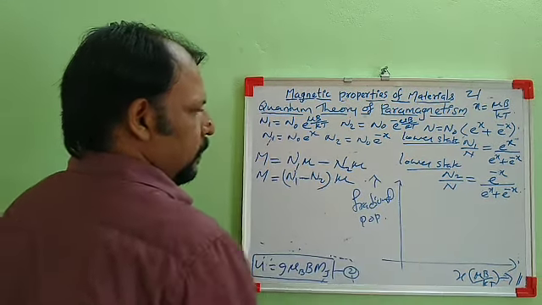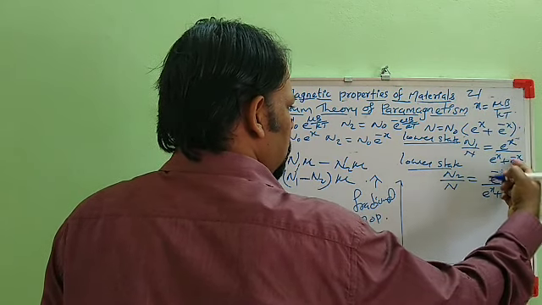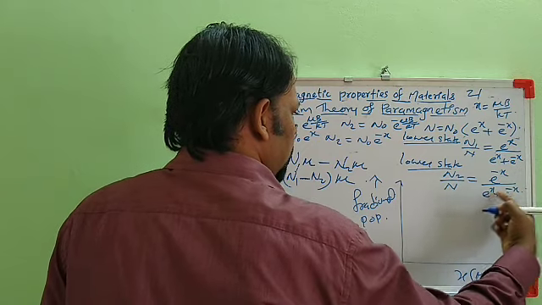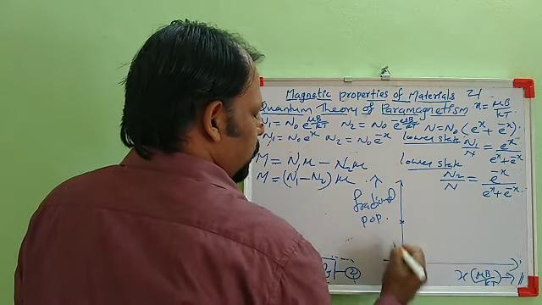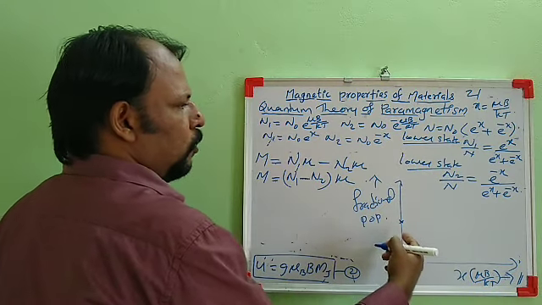along the Y direction. Then at X equal to 0, it is e raised to 0, 1 by 1 plus 1, 1 by 2. This also will be e raised to 0, 1 by 1 plus 1, so it will be 1 by 2. At X equal to 0, both have the same fractional population, which is equal to 1 by 2.